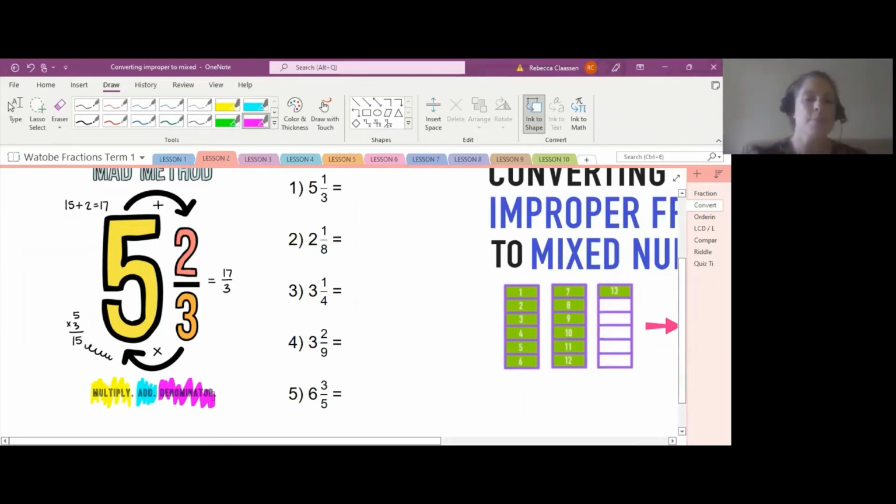All right, so we're going to multiply. So the two numbers that we're going to multiply. Nima, what are we multiplying? Our denominator of a fraction by the whole. Good. Okay, so we're going to multiply. Let's find my yellow highlighter. The denominator times by my whole. Okay, so we multiply my denominator times by my whole number. And 5 times 3 gives me